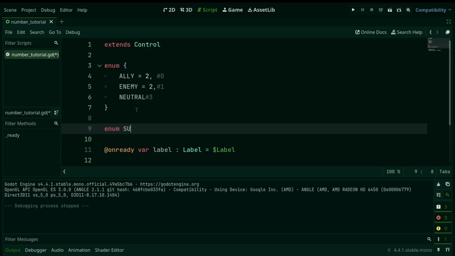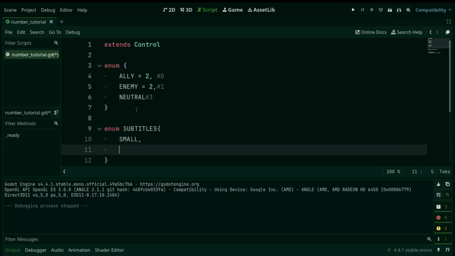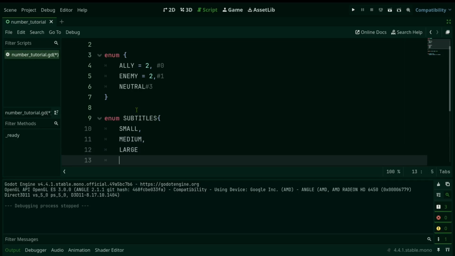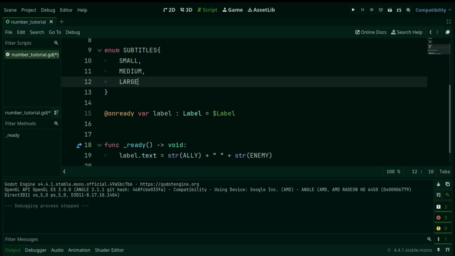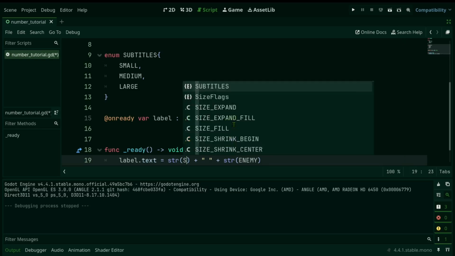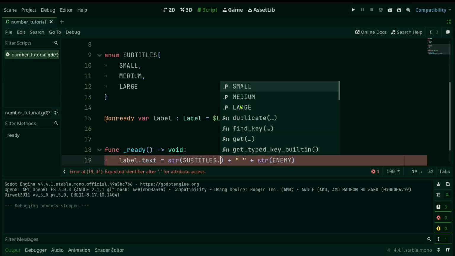We can also give names to our enums, for example, subtitles. And now in order to use those constants, we have to say subtitles dot and pick one of the constants.